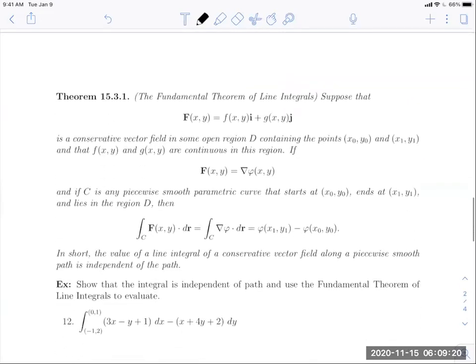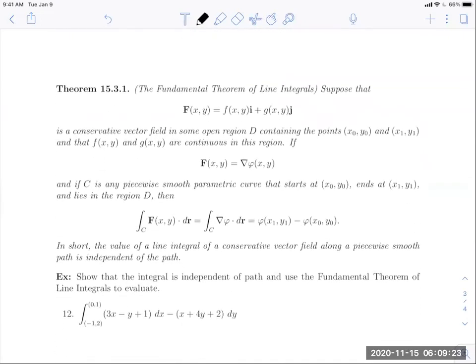And so we have what's called the fundamental theorem of line integrals. It says, suppose you have a conservative vector field, and we're going to call those component functions little f and little g, on some open region containing the points x0, y0, and x1, y1. And suppose that the component functions f and g are continuous on the region. If you can express this vector field as the gradient of a potential function, which we've just been practicing, and if C is any piecewise smooth parametric curve that begins at x0, y0, and ends at x1, y1, then we